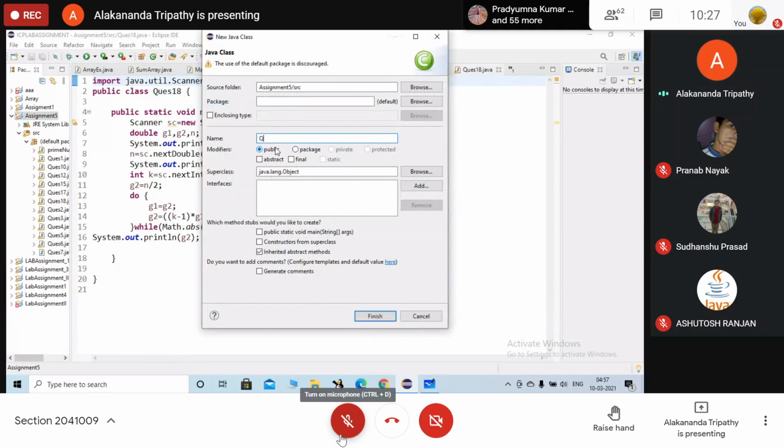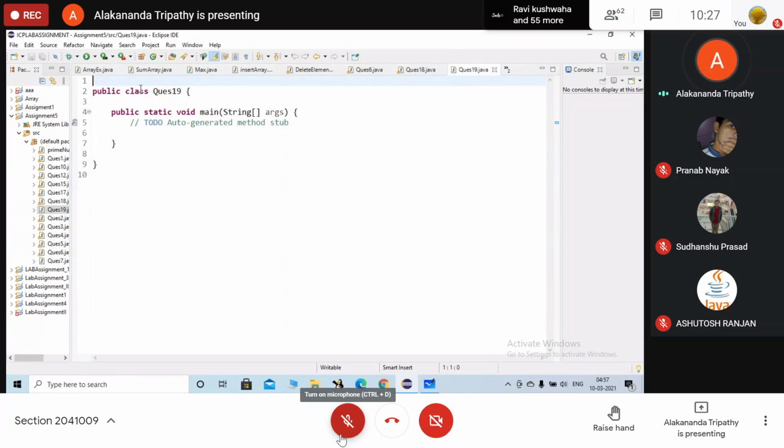क्लास, क्वेश्चन 18. जो कहते हैं पहले शुरू कर देना अपना मुझे. हां हां हां हां